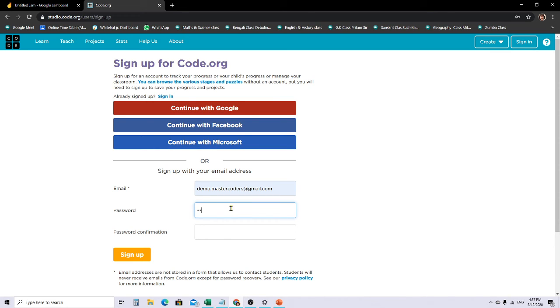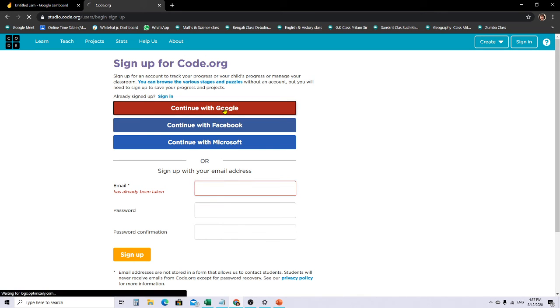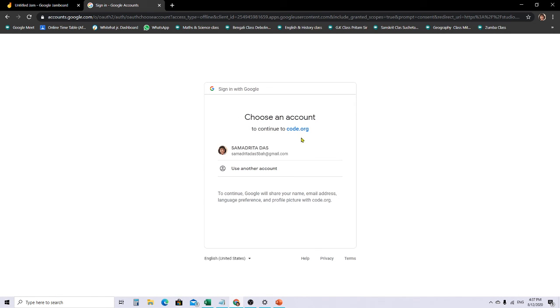Enter my password, and then sign up. If you have any problem signing in with email, go for continue with Google only. Just choose this for now.